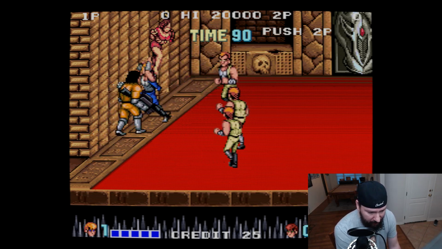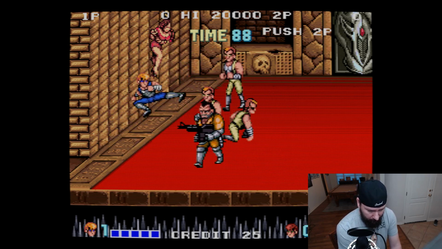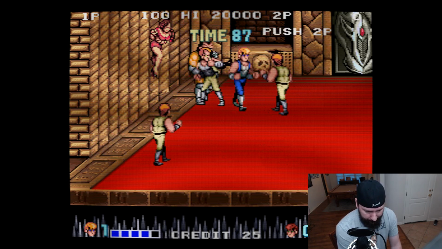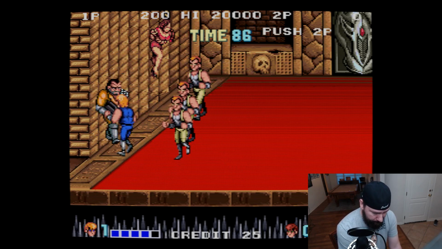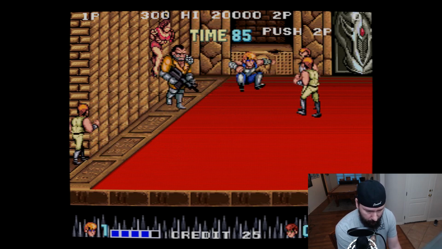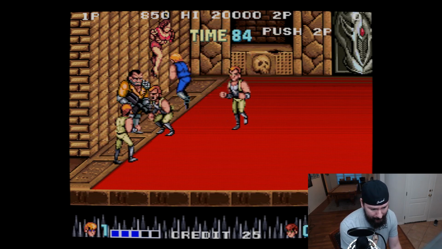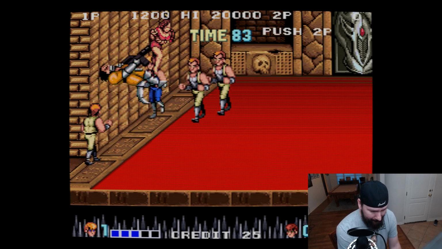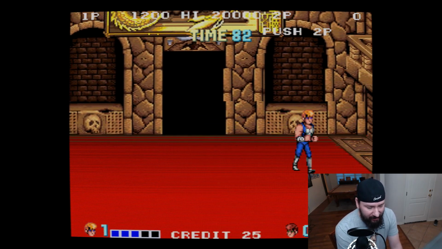Ah, come on, machine gun guy. I need you to come out here. No, no, no. Move, move, move. Ah, come on, dude. Move. Oh, yeah, come on. Oh, I almost had him there. Oh, I'm trying, y'all. I'm trying so hard. Nice. All right, just one more guy. Just gotta...